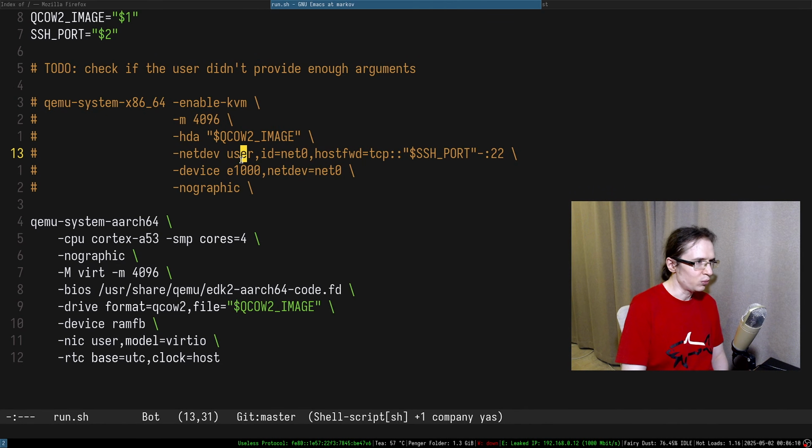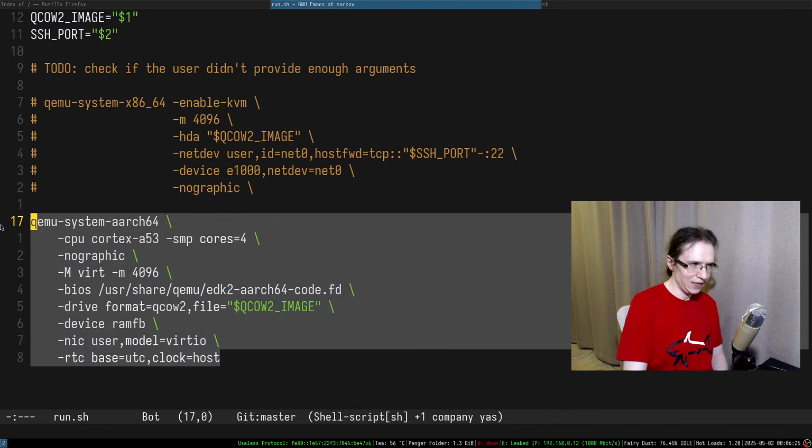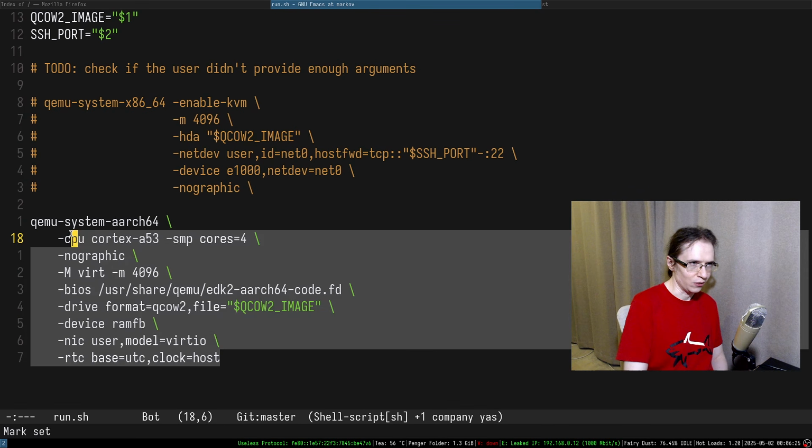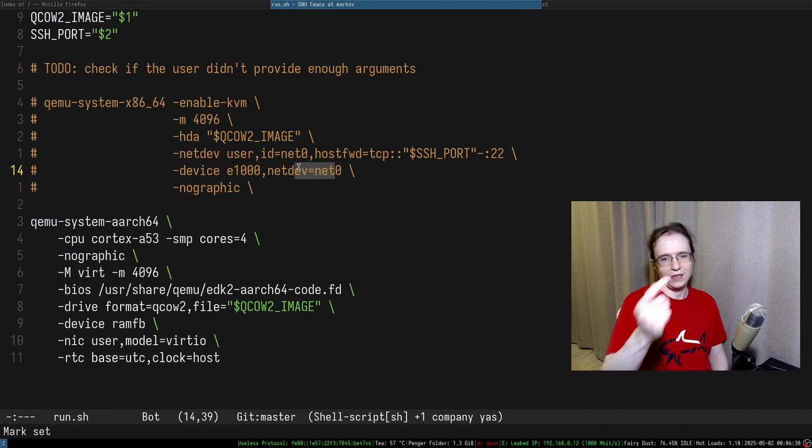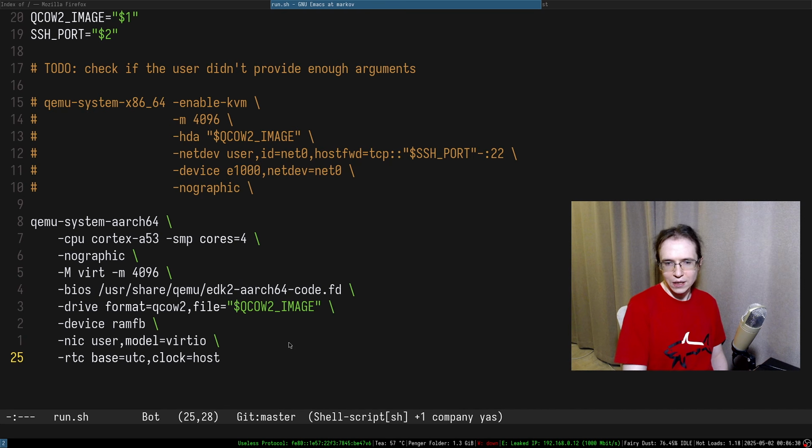So in terms of networking, I remember one of the things I did in here is that I set up the networking device, and I basically forwarded SSH, but I'm not sure if I need to do it right now. I don't think I need to do it right now. I only did it for hosting the bot so I can then SSH over that at some point.